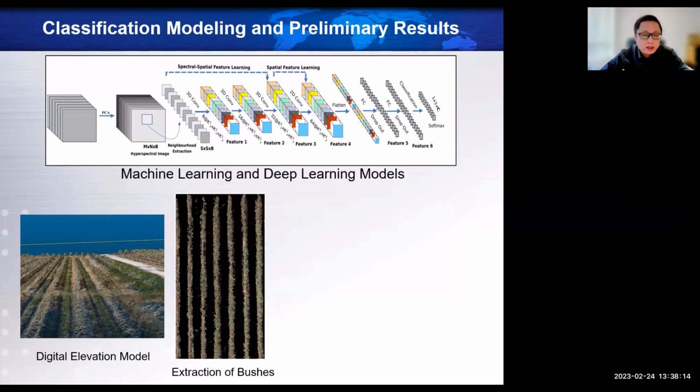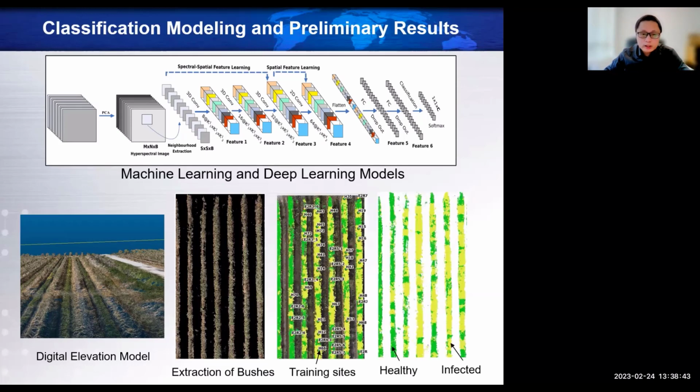So for your information, using the drone technology and one technique named structure from motion, we can extract a pretty high accuracy and high resolution digital elevation model, DEM. DEM for sure is very important for crop management and soil management. So using DEM, we extracted the bushes. Basically we filtered out the grasses and soils and only focus on the bushes. And then we developed